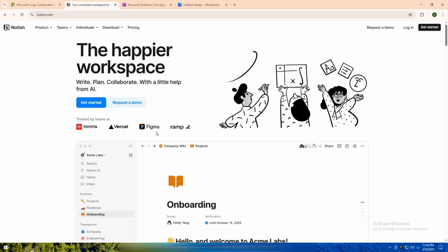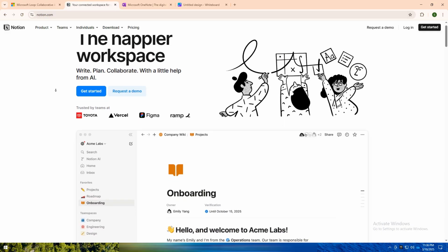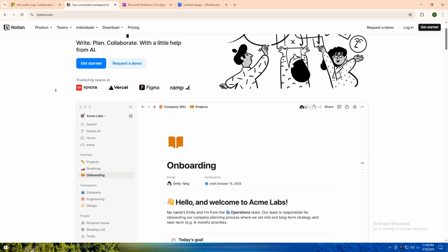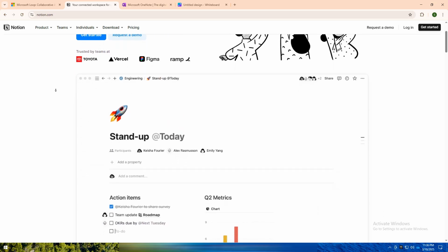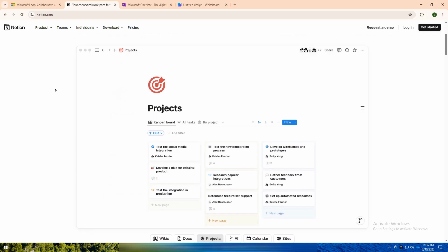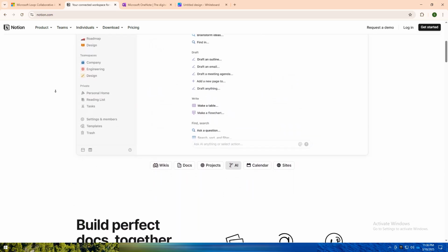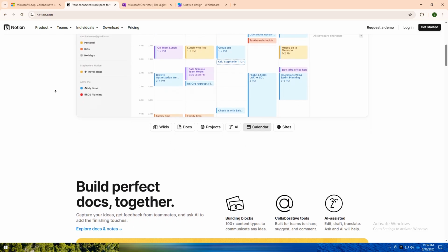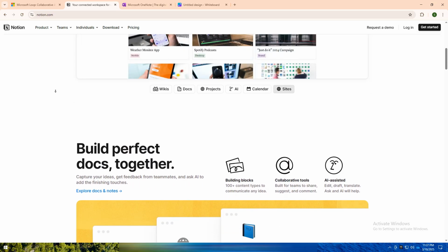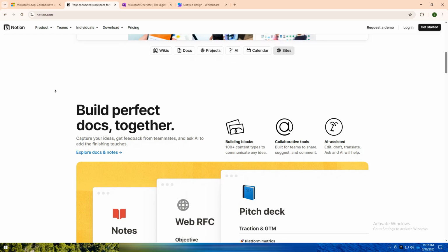Notion is a highly customizable all-in-one workspace for notes, task management, databases, and project planning. It uses a block-based system, allowing you to build pages that can contain text, tables, checklists, media, and more. Notion is perfect for individuals and teams who want full control over how they organize their workflows, combining flexibility and